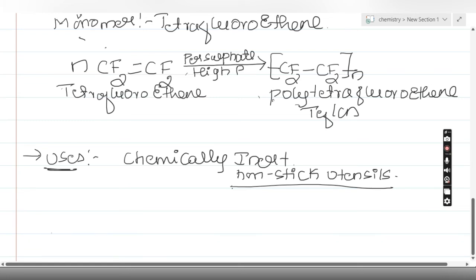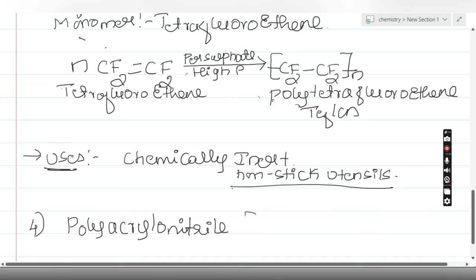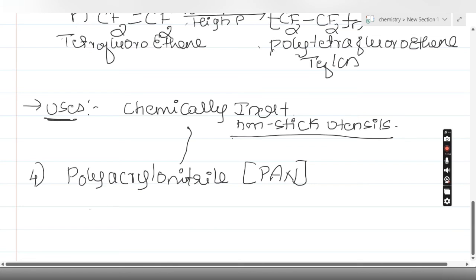Addition polymerization. Now we are going to the fourth polymer, and you can easily tell me now: polyacrylonitrile, which is shortly called PAN. The P stands for poly, A stands for acrylo and N stands for nitrile. Since it is also addition polymerization, I think everybody can tell me the name of the monomer now. What might it be? Who will tell me? The name of the monomer that we are using is